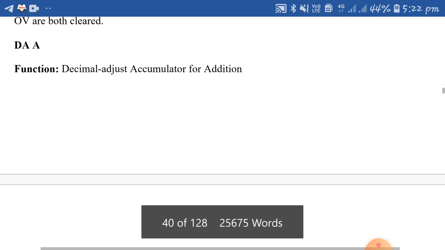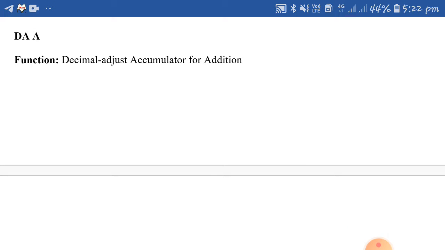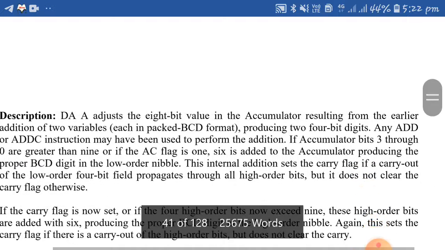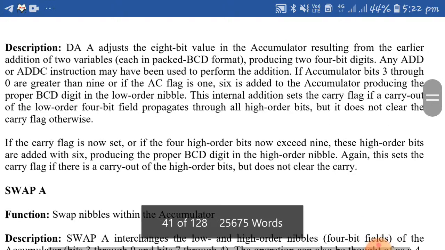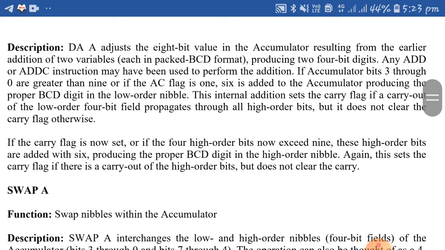Next, a very important instruction that they are going to ask in the exam, so read this one carefully. The instruction is DA A, decimal adjust accumulator for addition. So go through these descriptions. Mainly it is used to convert the hexadecimal value into the packed BCD format. If a value is greater than 9, that means if you get values in hexadecimal format, it is going to convert them into packed BCD format.